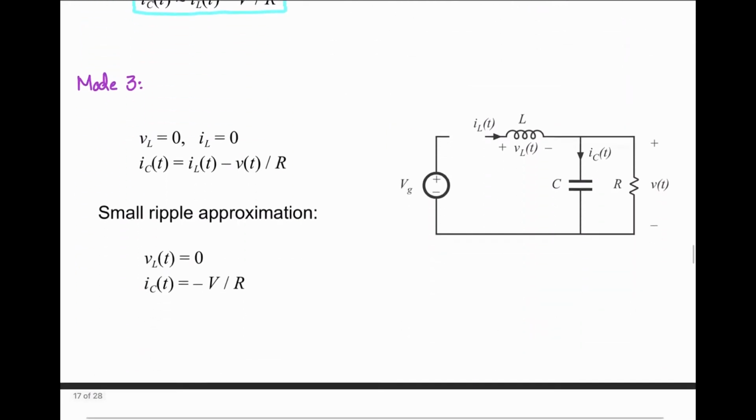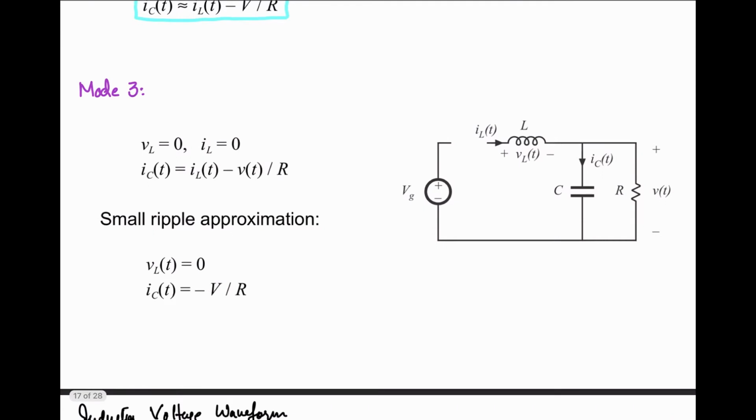In the third mode of operation, when no switch is on, your circuit will look like this: your switch is off, your diode is off, the inductor is there floating, and the capacitor and the resistance. So what about the inductor voltage? As all the energy that was stored, half L i squared in the inductor, is now dissipated, inductor voltage is going to be 0, inductor current is going to be 0, and the charge stored in the capacitor will maintain the